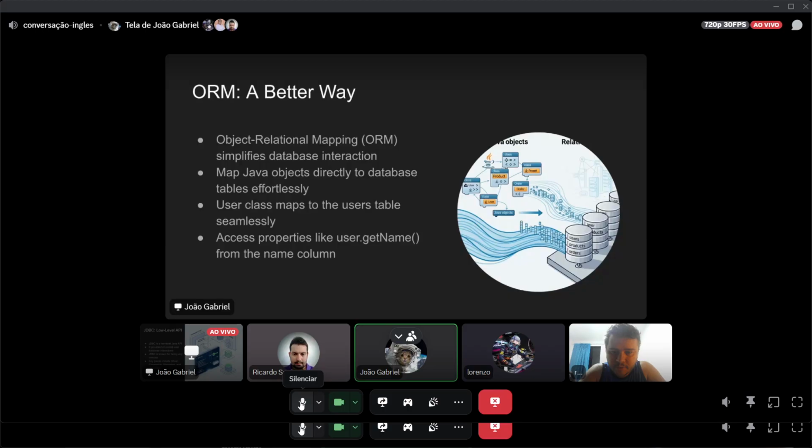There are many advantages. For example, you don't need to create as many SQL scripts, because this framework offers many solutions for this problem. Okay.